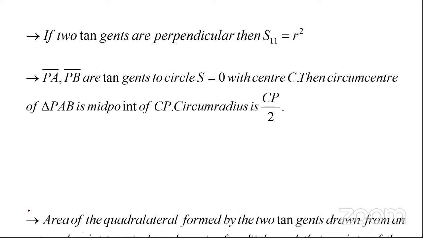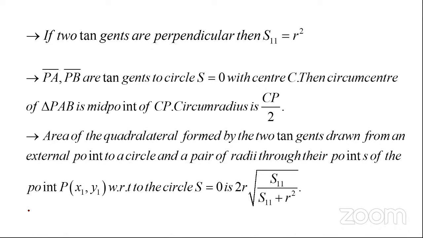Okay. Next, the area of the quadrilateral formed by two tangents drawn from an external point to a circle and a pair of radii through their points of contact, from the point P x1 comma y1 with respect to the circle S equals 0, is 2r into square root of s11 by s11 plus r square. So what is it saying? The area of the quadrilateral is formed by the two tangents drawn from an external point and a pair of radii